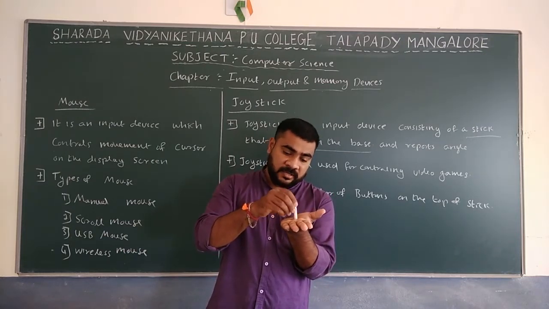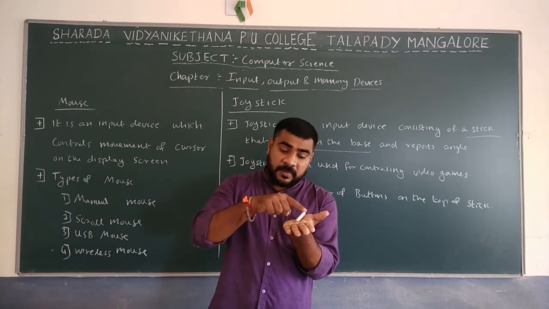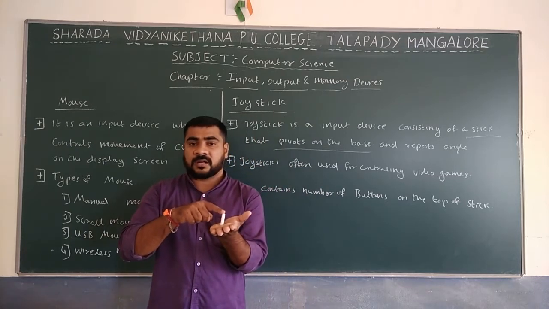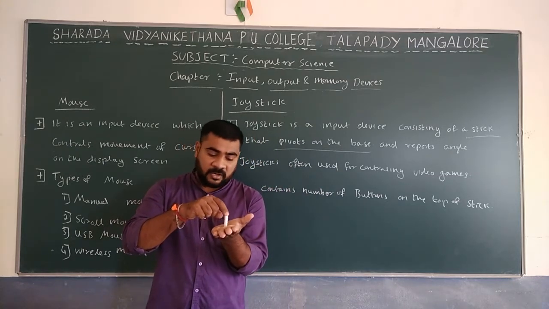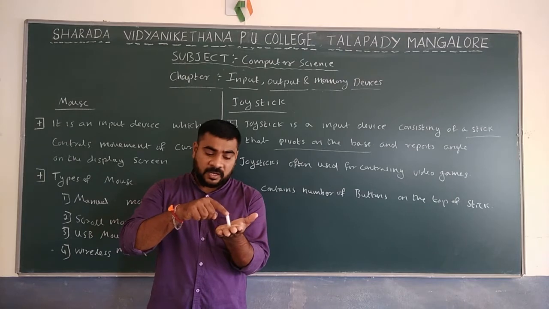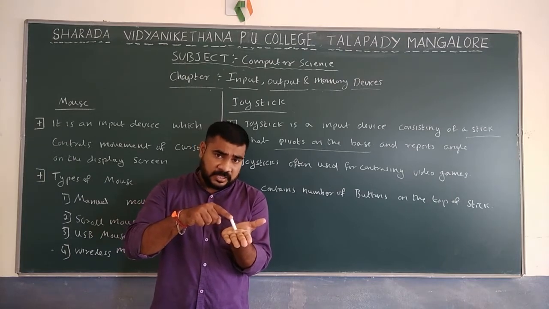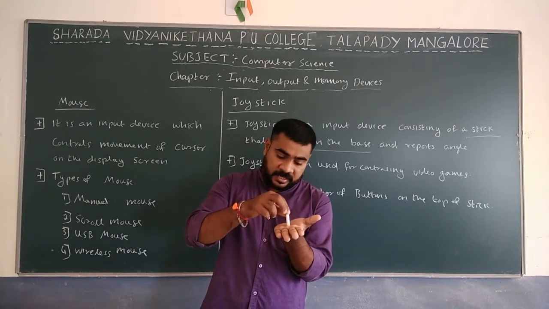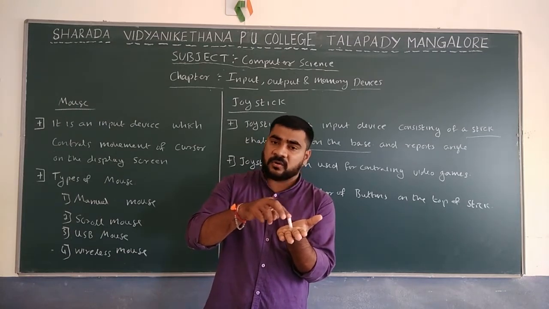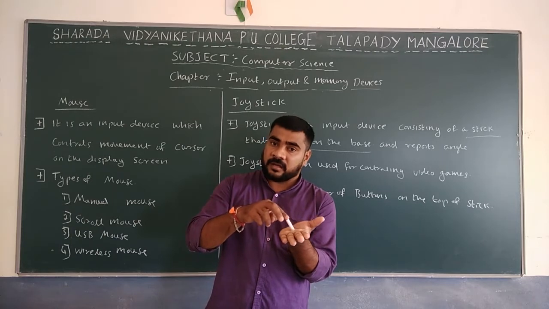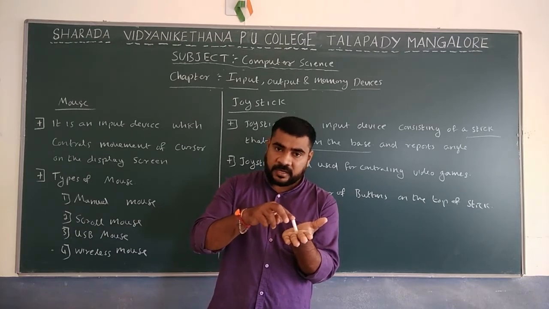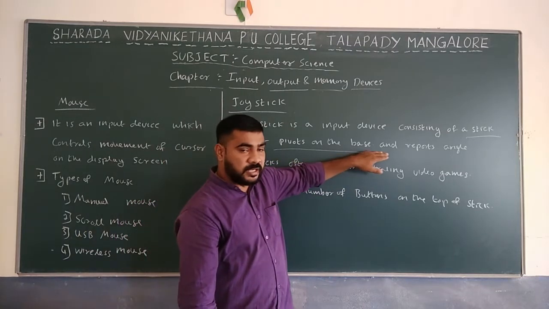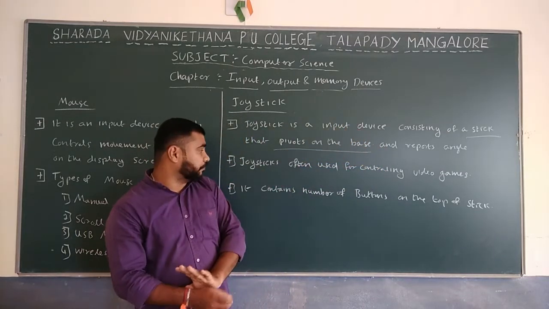We are rotating the stick, based on the rotation or the angle. It will report the cursor on the screen. So if you rotate like this, the angle will be this one. If you rotate like this, the angle will be like this. So it is rotated on the screen. This is the base and the stick. If you rotate the stick, then based on that, it will report the angle and display the cursor on the screen.